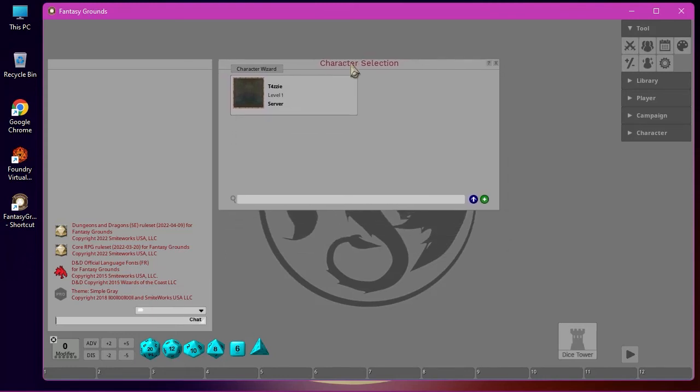You'll also notice that behind that window popped up a character selection. Now, this is where you choose the character you're going to be. Once you've selected a character, and we only have one here, it will pop up in this area right here with your actual name. So it'll say,